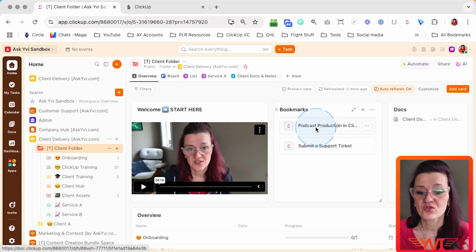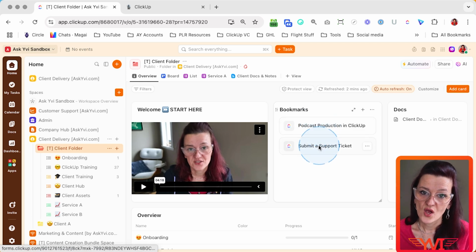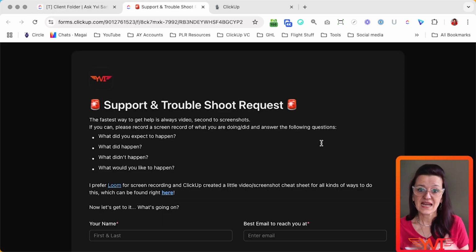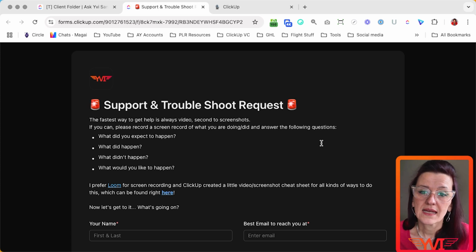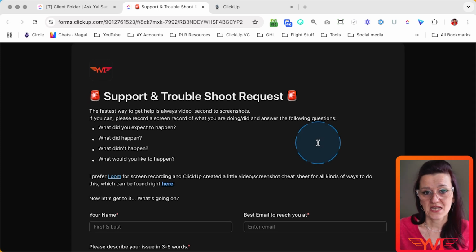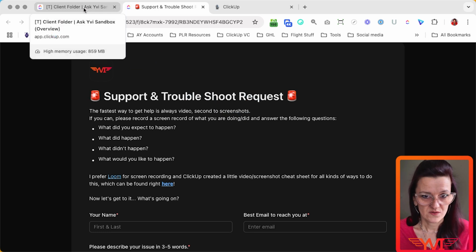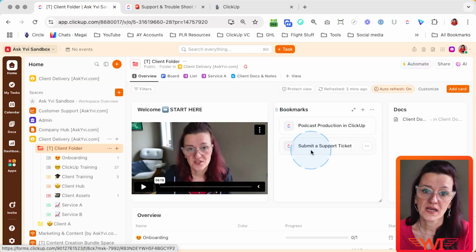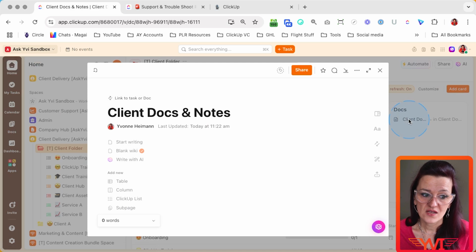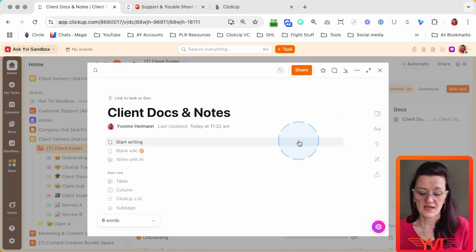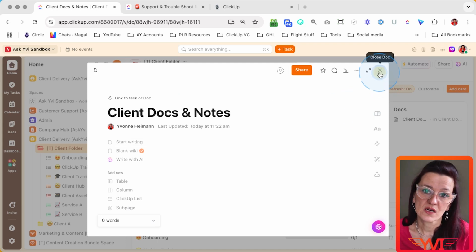And not only that, they don't just get those standard operating procedures. We easily also can say, hey, if something isn't working right, here is your ClickUp form to submit your ticket and tell me what's not working right. You see where we are going? Now suddenly all of these processes that we are running in our business are easily accessible for the client right in here. Not only that, we also have an attached document right in here where we collect meeting notes, where we collect branding assets, whatever you want to have your client docs and notes linked right here in your client